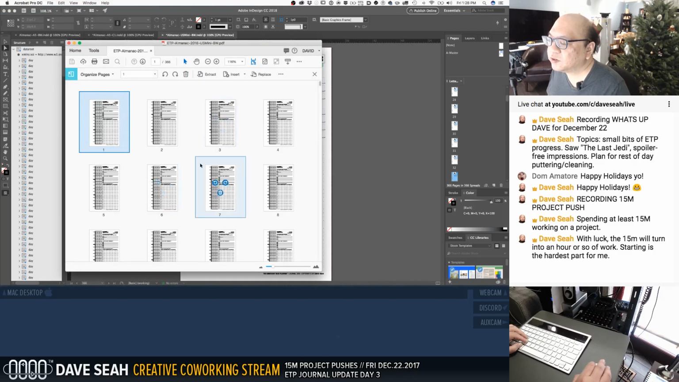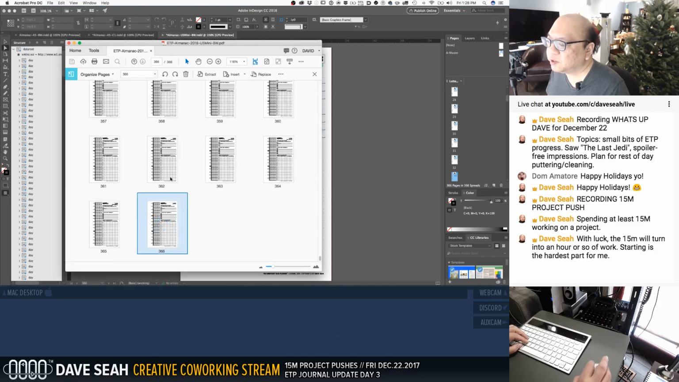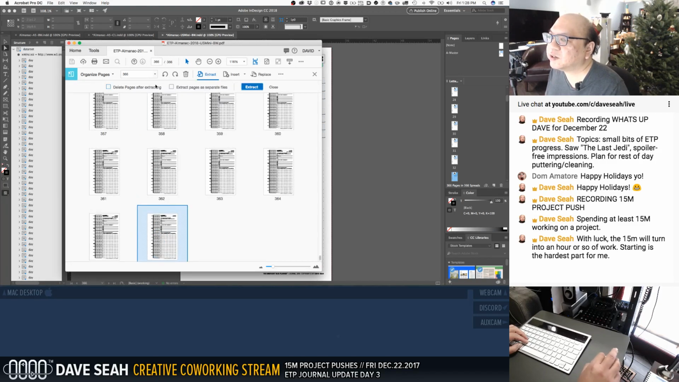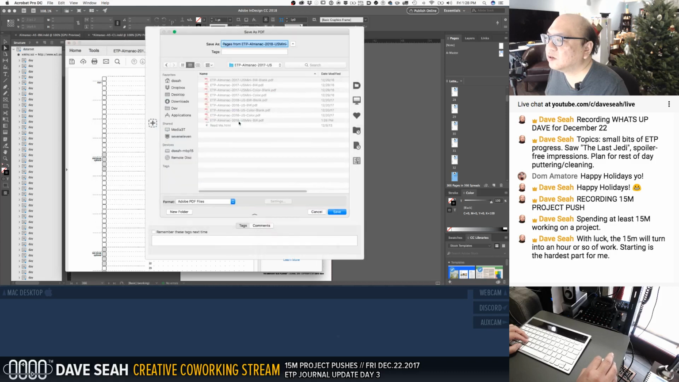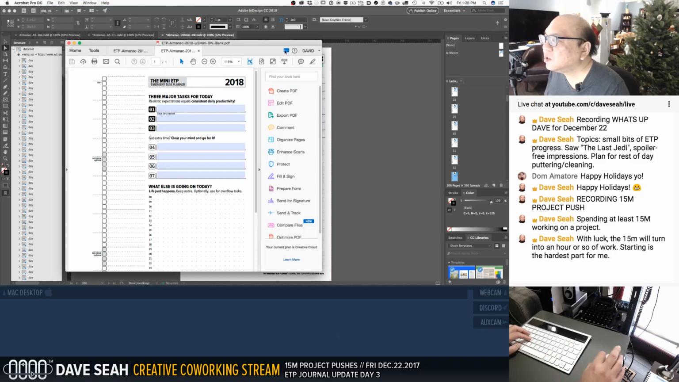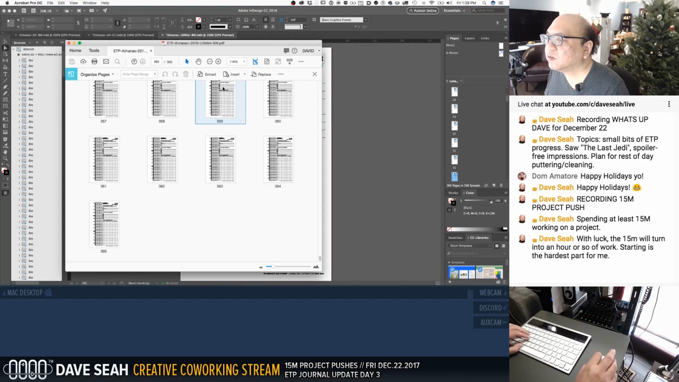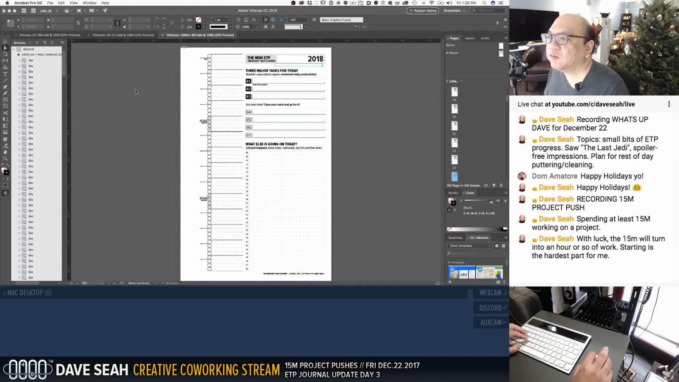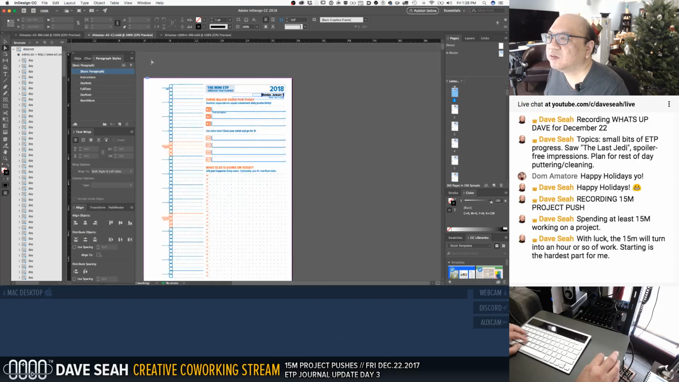Organize pages. Select the last page. Extract. Save. It should be 2018 US Mini black and white blank. Save that. Save this. This file is now saved. And one more to go,